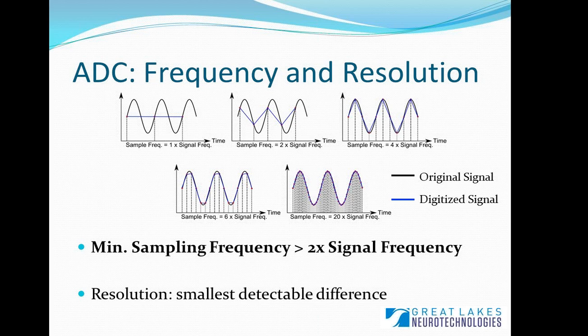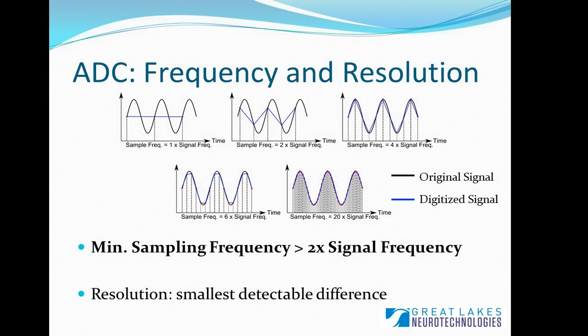If the sample frequency is doubled to twice the signal frequency, we get maybe some more data out of the digital representation. However, it's very distorted and is going to depend on how we align to the input signal, which we can't know a priori because we haven't measured the signal yet. Therefore, there is a rule or sampling criteria that was outlined by Nyquist, saying that your minimum sampling frequency must be at least twice the signal frequency. So we see in the other three diagrams,